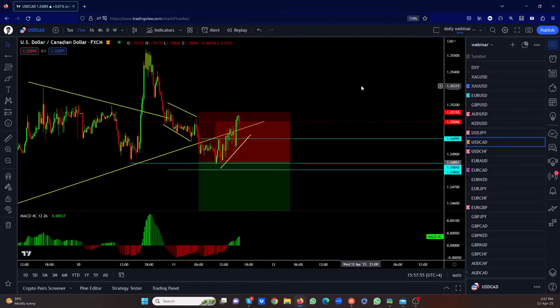Again, you can see where I closed the dollar CAD. This was the entry. This was the stop. This is where I close it. Why? Again, you can see that consolidation there. Once you get that consolidation, you close the trade at the bottom of the consolidation and you put an entry order under the low. So I have an entry order here right now.